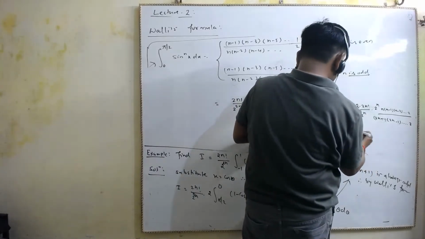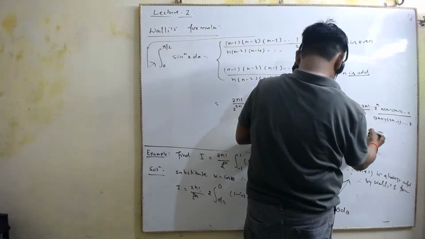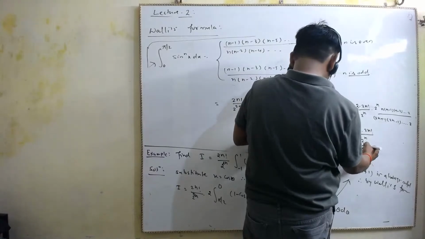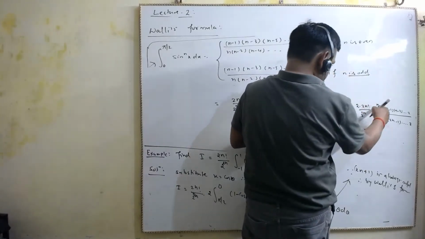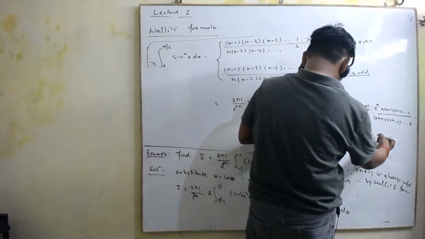So ultimately we got the things as 2 into 2n factorial divided by 2 raised to the power n, because 2 raised to the power 2n was there, 1 n is cancelled from here, so this comes out as,